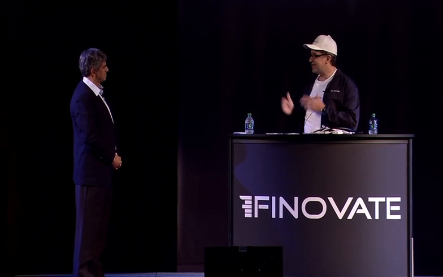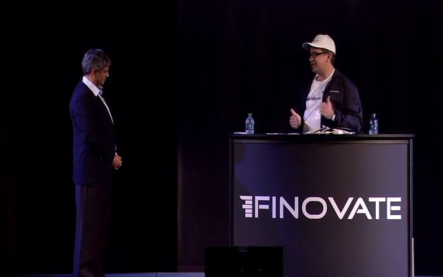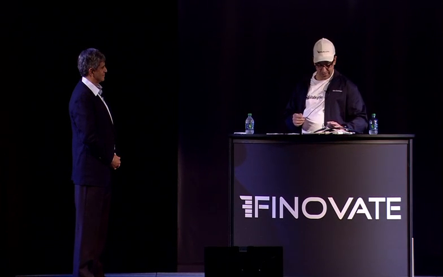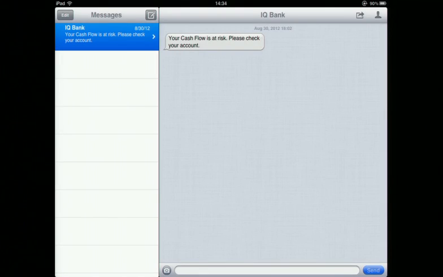I know, it's cash flow. It's all about cash flow. As a small business owner, that's what I'm really focused on. Let's take today as an example. I just got back from this trip to the Detroit Auto Show, and I got this interesting text alert from my bank. Your cash flow is at risk. Yikes! As a small business owner, this is crazy. This is not something that I'm interested in seeing, right? So I'm nervous about it.